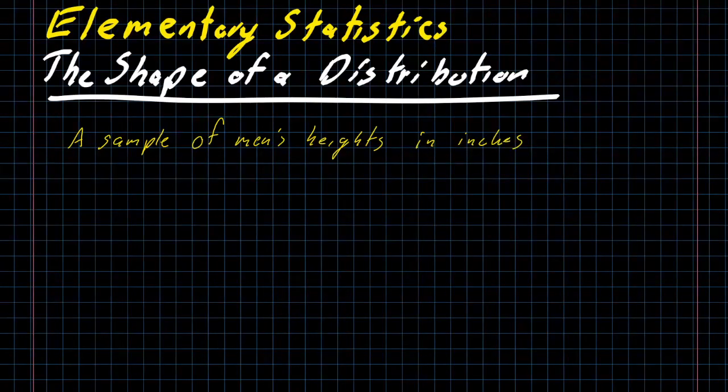And let's say that we are taking a sample of men's heights in inches. And the data is actually going to be given to us with the mean and the frequency. So the average or the central value for each class as well, along with the frequency. And then once we have that written down,